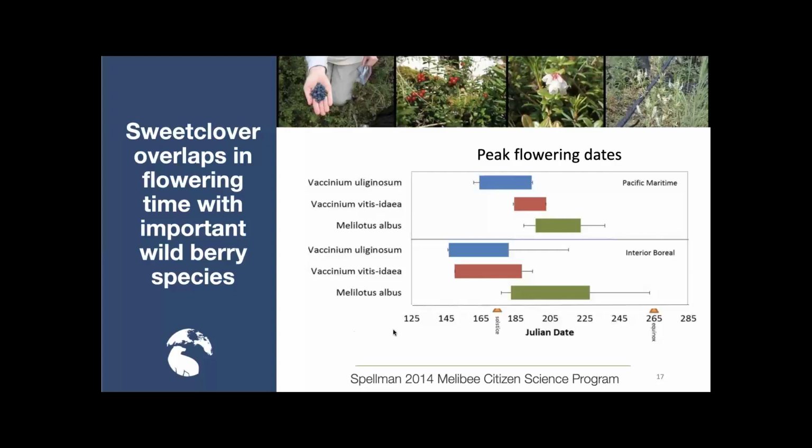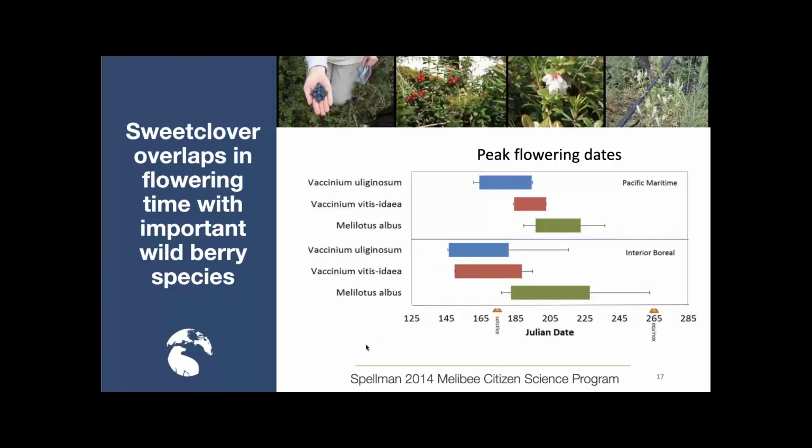And we set up a big citizen science monitoring network, a community science monitoring network. It had 250 volunteers all over Alaska, and we documented the flowering times of sweet clover relative to two of our important berry plants, lowbush blueberry and lowbush cranberry. And we found that it did overlap. So there was potential. You can see a little bit of overlap on the extreme early timing for sweet clover, a little bit of overlap in the flowering times with blueberry, and then pretty significant overlap with